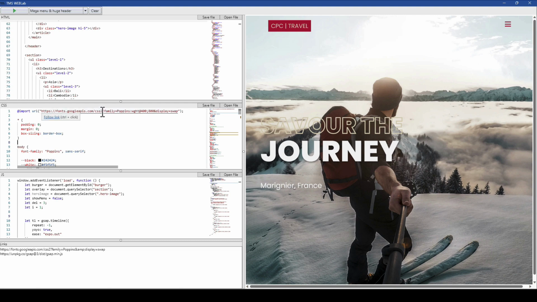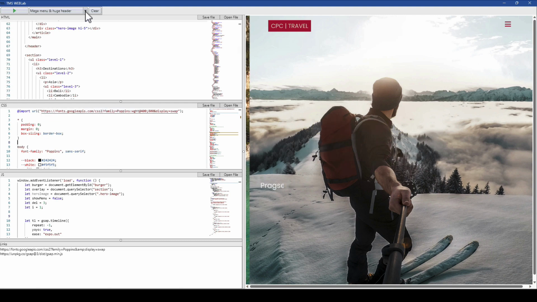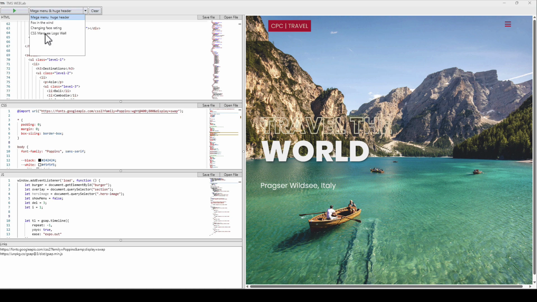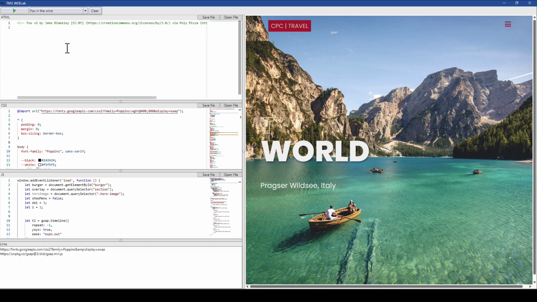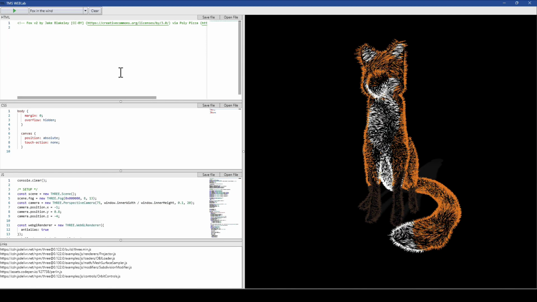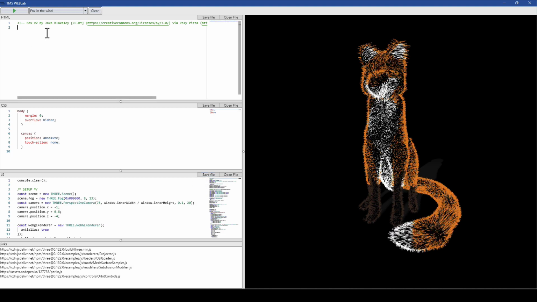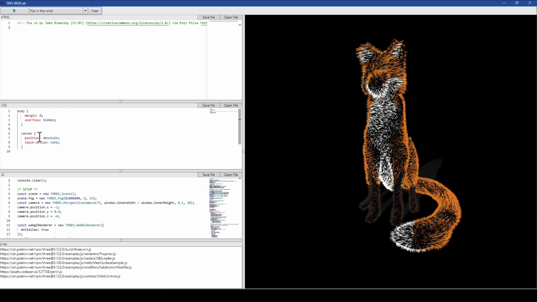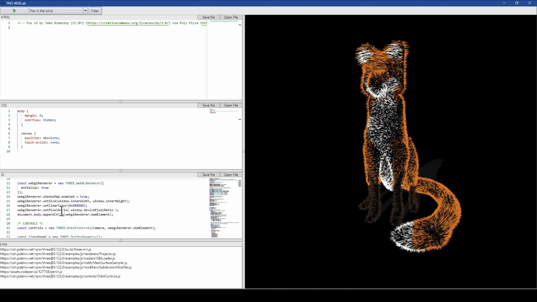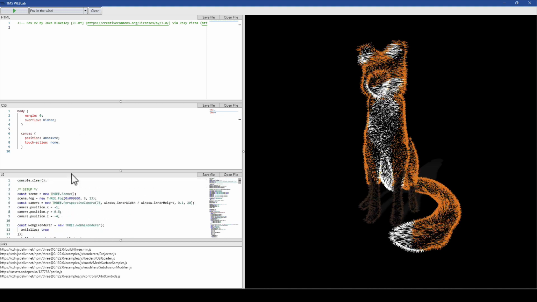Also, to keep it a little bit more interesting, TMS has up here different templates that are included in the application. They're bundled as resources. So Fox in the Wind is a JavaScript example for a graphics animation. See, there's hardly any HTML. There's hardly any CSS. It's all here in the JavaScript source code.